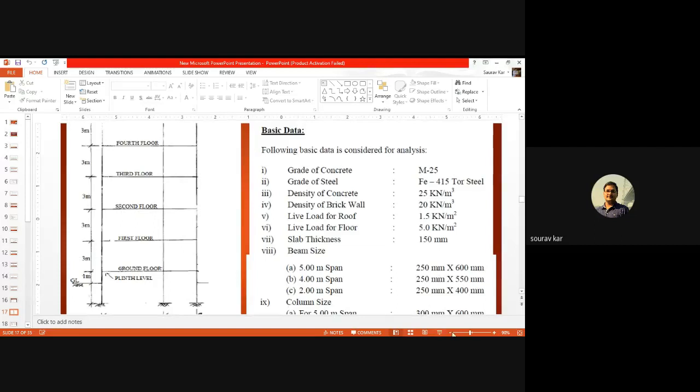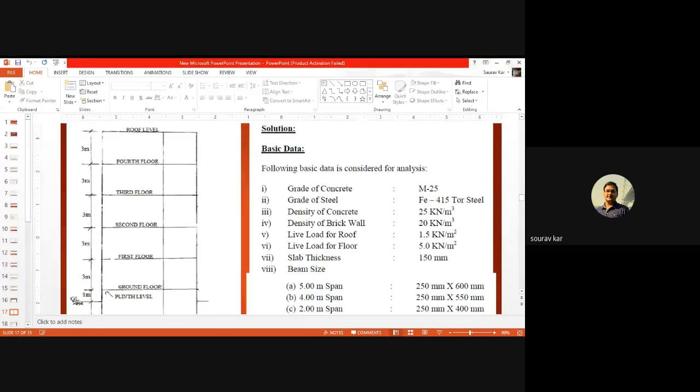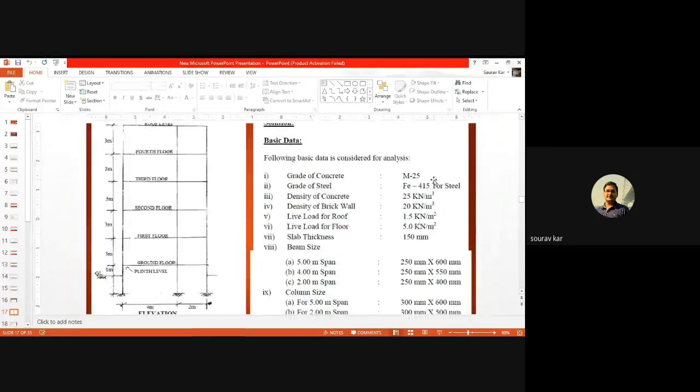For any earthquake analysis, we require all this data. Grade of concrete M25, grade of steel Fe415, density of concrete, density of brick wall, all these they have taken. Beam sizes also: along the 5-meter span, 250 mm by 600 mm; 4-meter span, 250 by 550 mm; and the 2-meter span.